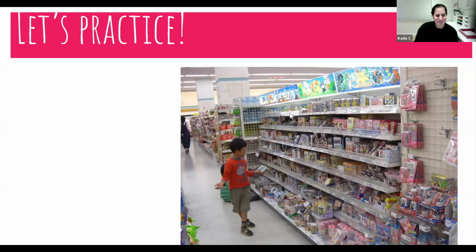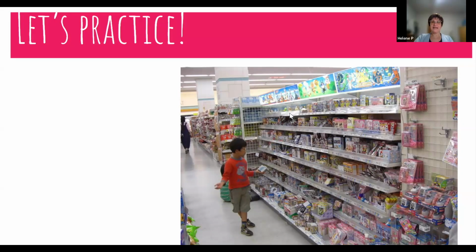Okay, back to my observations in the store. Okay, so you're shopping with your child and they see something on the shelf and they pick it up. I hear parents say, we're not buying it. Put it back. We're not buying it. Instead, you could just share your observation. Like, oh, that's really cool. And talk about what it is. And then say, ooh, maybe you could get something like that for your birthday. And then the kids, at that point, if you know your kid, may say,